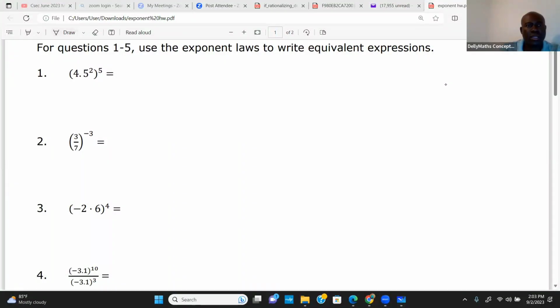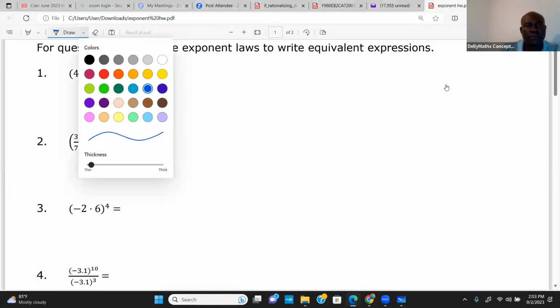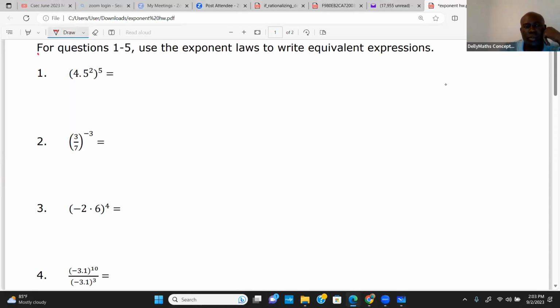What we're looking at in this segment is lesson number 4 in Algebra 1. And this lesson is dealing with the use of exponent laws to write equivalent expressions. For example, we're looking at